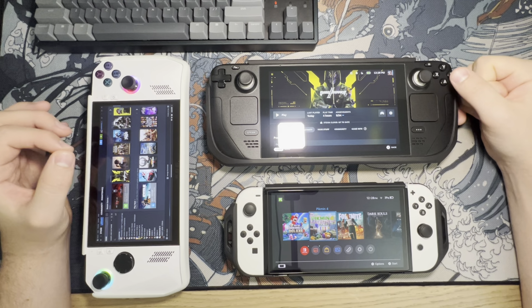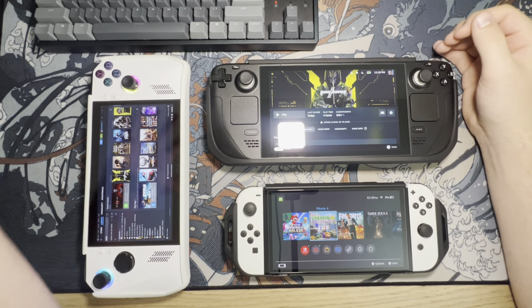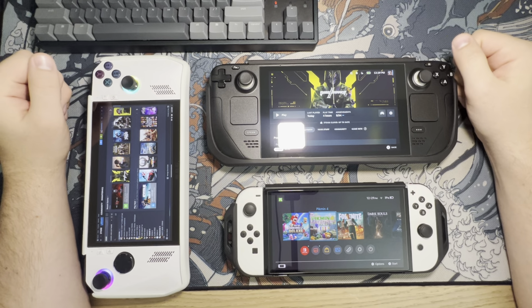Now, of course, the Legion has a bigger battery, but that's not to say that that is going to compensate. We'll just have to wait and see, of course, until we can see a lot more gameplay on these. But that was my first gripe. Second gripe, no VRR. Now, if you've played the Ally,